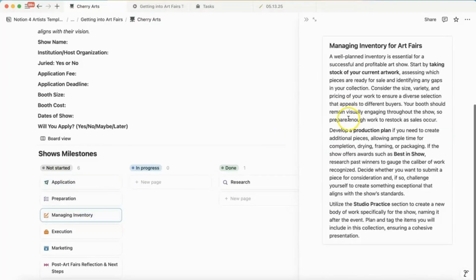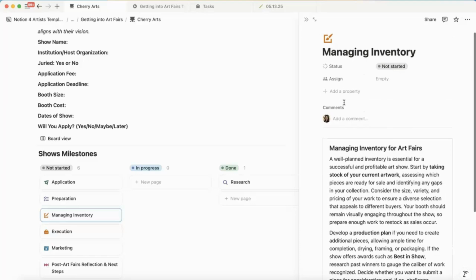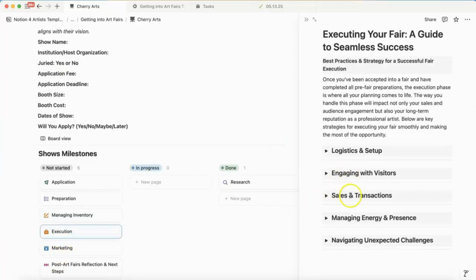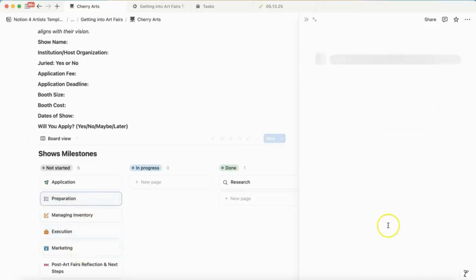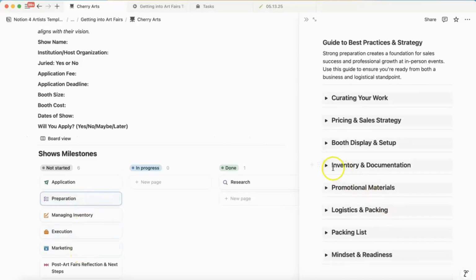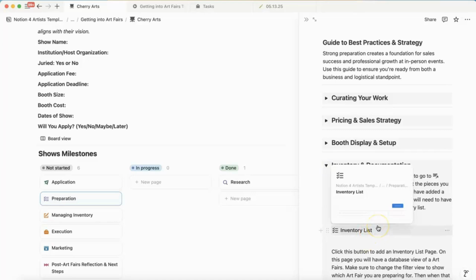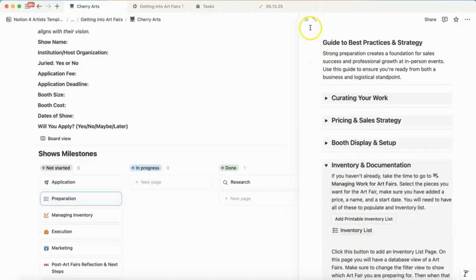Then we have a space for you to manage your inventory, to remember to go over to our Manage Inventory section and put up your show. Tips on how to best execute it, so planning out your logistics, engaging with visitors, sales, transactions. In the preparations, we also go into how to make an inventory list, so taking the pieces you've managed and sorted for your show and printing off an inventory list with discounts so you can be prepared for the